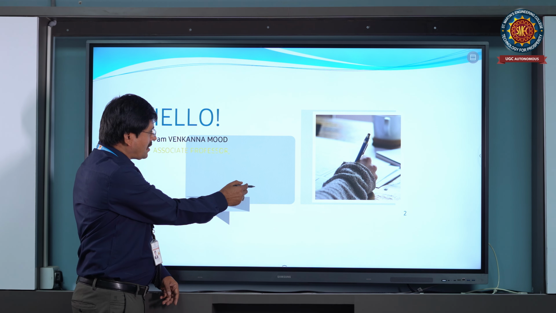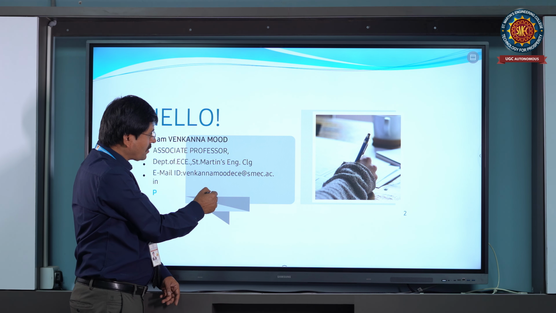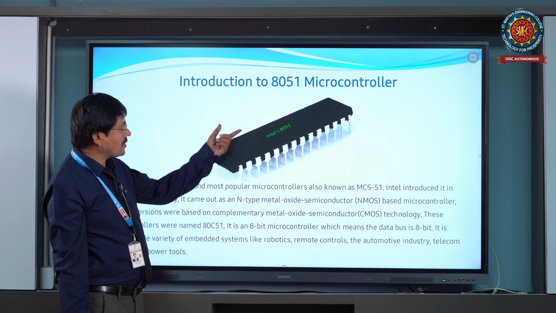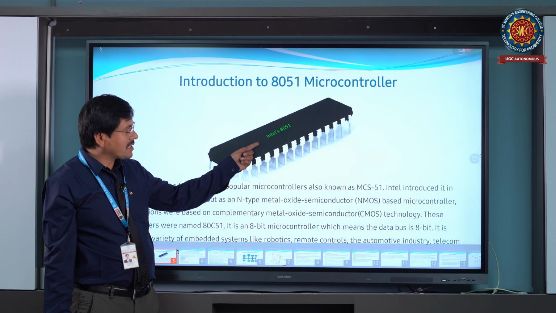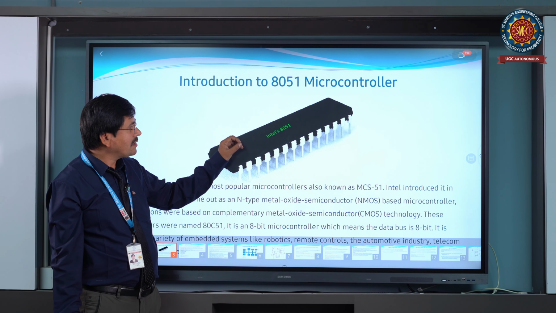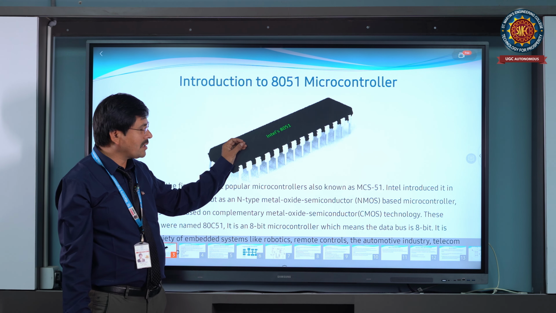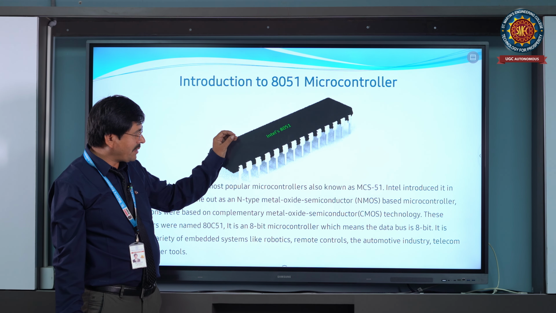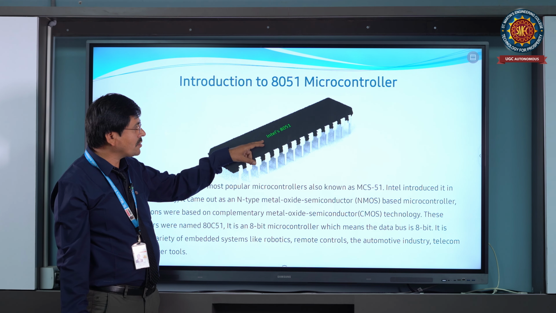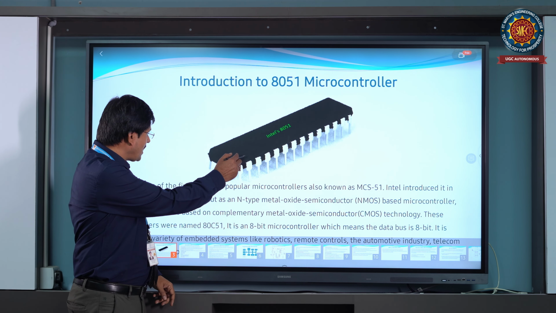So before discussing memory organization, what is a microcontroller? A microcontroller is a single integrated circuit which consists of all components of the system like a processor, memory, interrupt controllers and other peripherals along with the oscillators. Everything is inbuilt in the microcontroller. So a microcontroller is also known as system on chip.